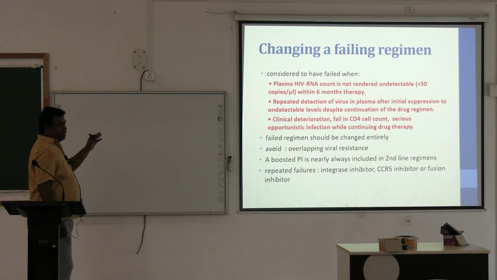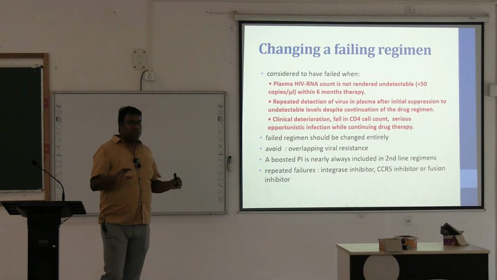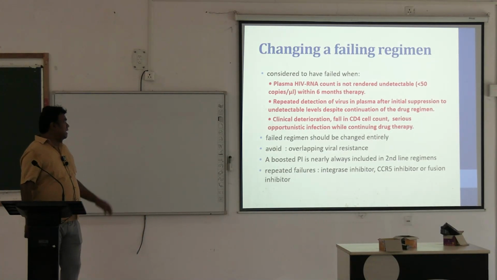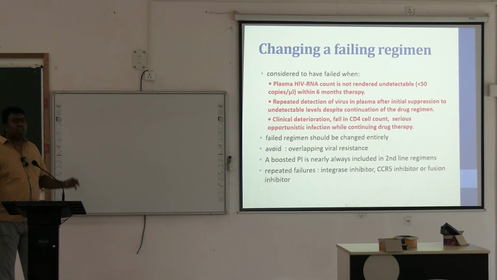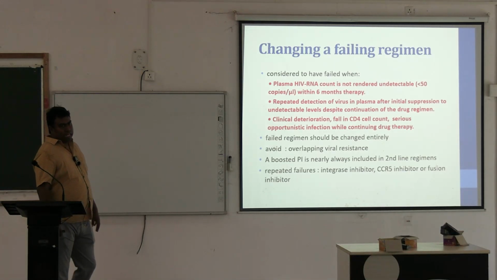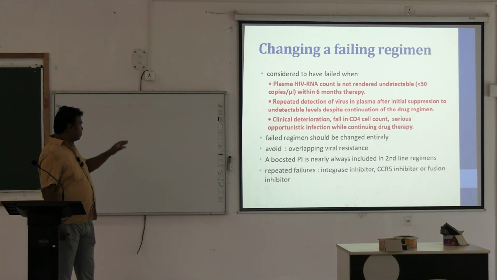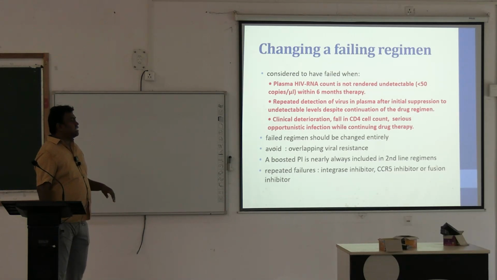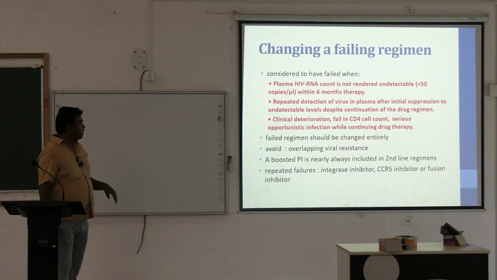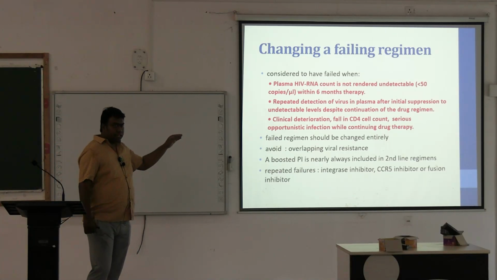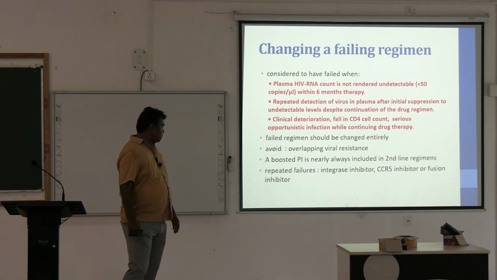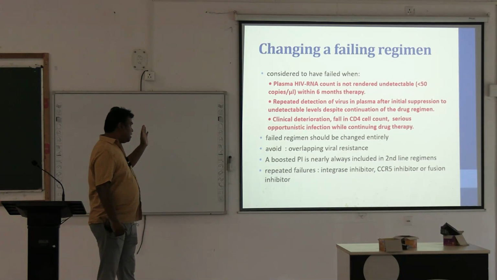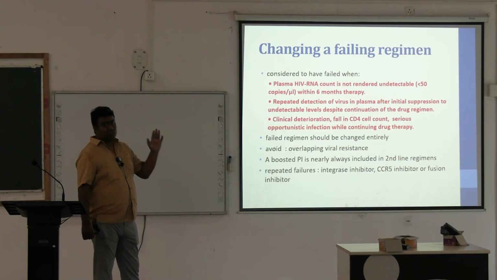So, considering failure, when do we say this regimen has failed for this patient? When plasma RNA less than 50 is not achieved after 6 months of intense therapy, repeated detection of virus in plasma after initial suppression, clinical deterioration and fall in CD4 count. Clear? We diagnose a failed regimen. What to do then? We should change it entirely. All 3 drugs should be changed